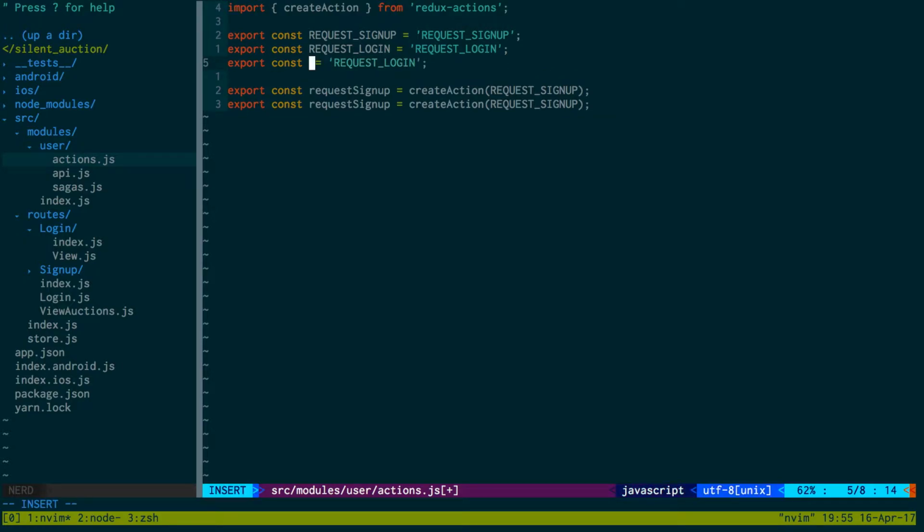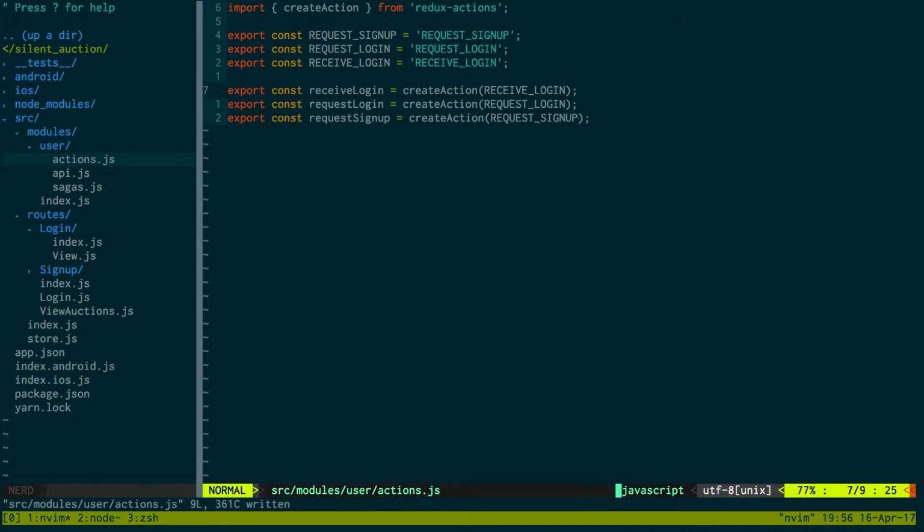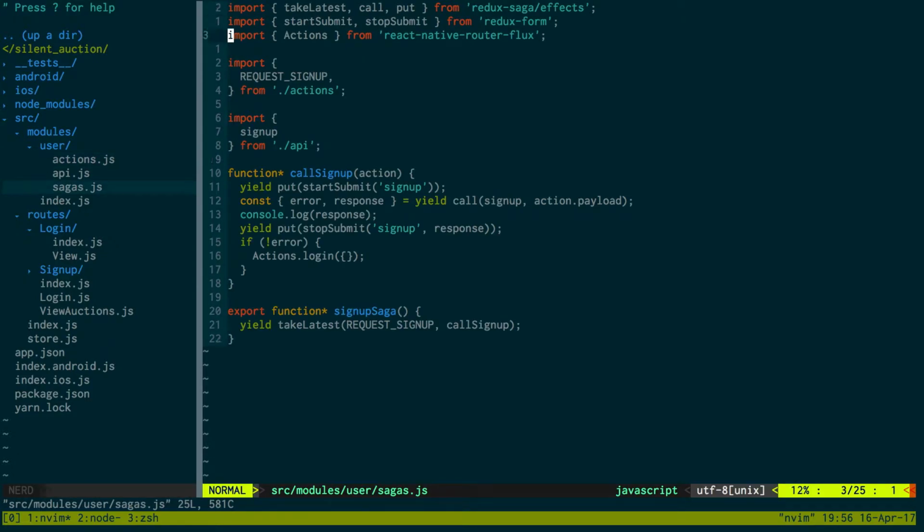And now we're also going to have a receive login. Receive login, request login. So request login, receive login. And now from our sagas here,